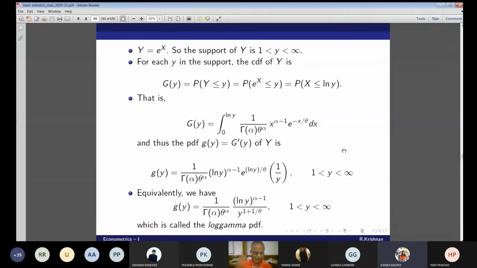But here we cannot find the CDF, sir. I couldn't find the integration. I got this as capital G(y). We cannot integrate that, right? If the limits were till infinity, then we could use gamma. I was trying to integrate to find a function, not leave it in the integral form. That is why I got confused. You made the same mistake I made when I started doing it at the beginning.